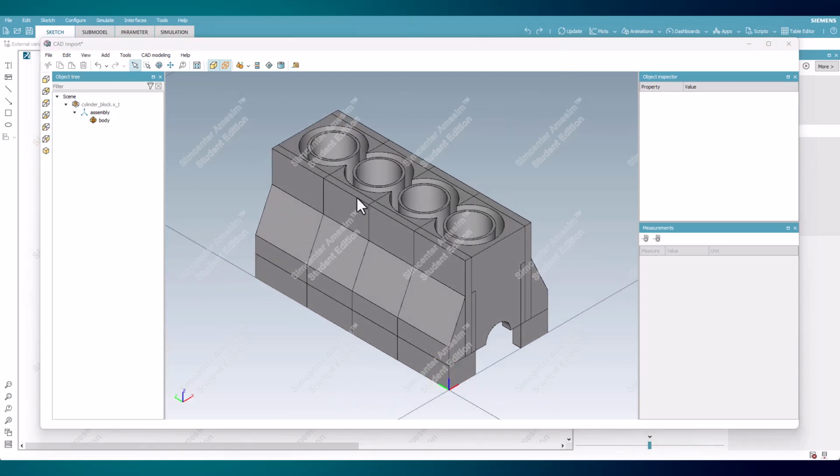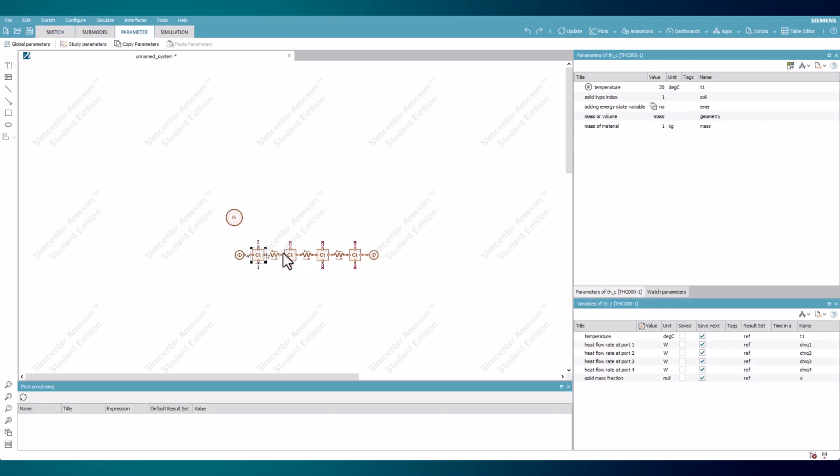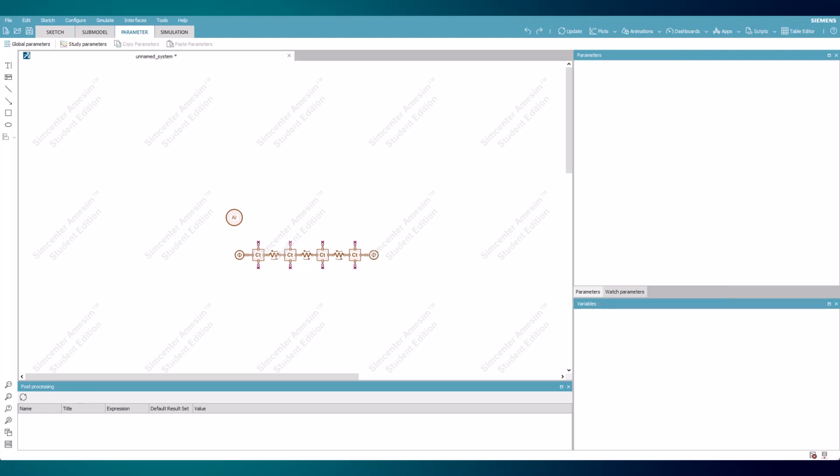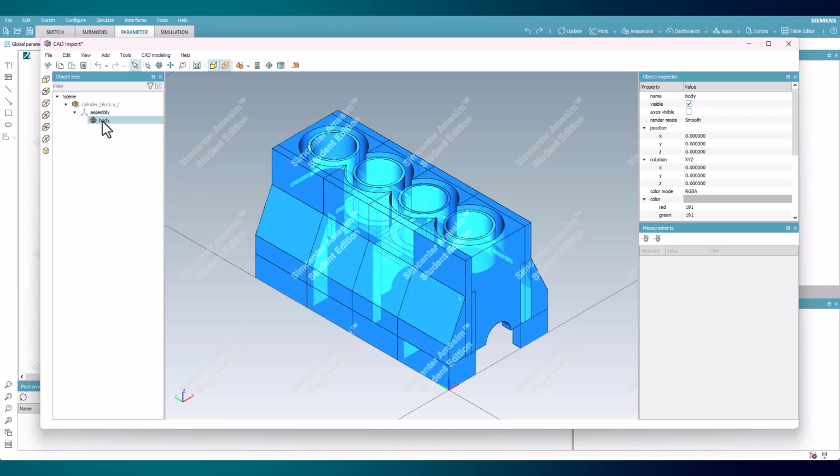The cylinder block CAD is represented by this AimSim model with a thermal capacity for each of the cylinders, which, to be completed, needs to have values extracted from the CAD model. The block is thought to be made from aluminum, which has a density of 2,700 kilograms per cubic meter, which can be confirmed by looking at the Material Properties section of the Object Inspector.